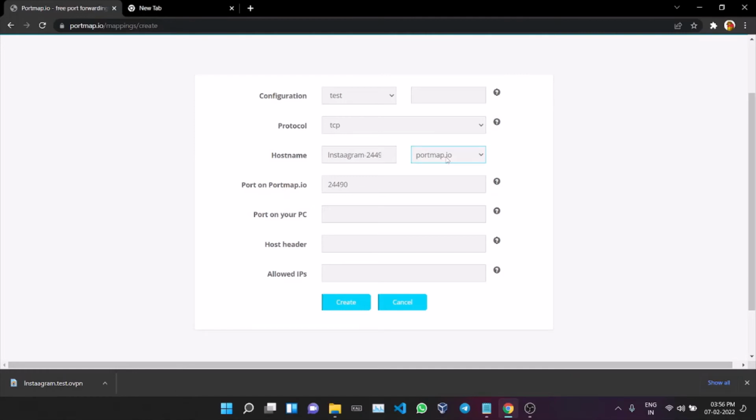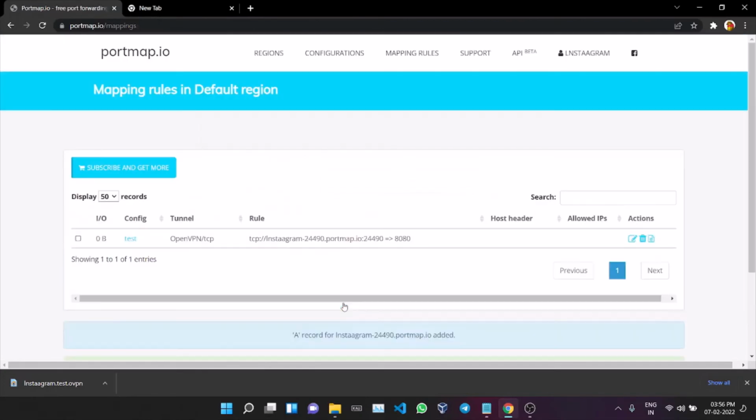But on which port? I need all the requests on my port. I think I should do it on port 4444 maybe. No, I will do it on 8080 first. So I need everything on my port 8080. The rest I don't need to touch. I will click on create. So this is the rule.